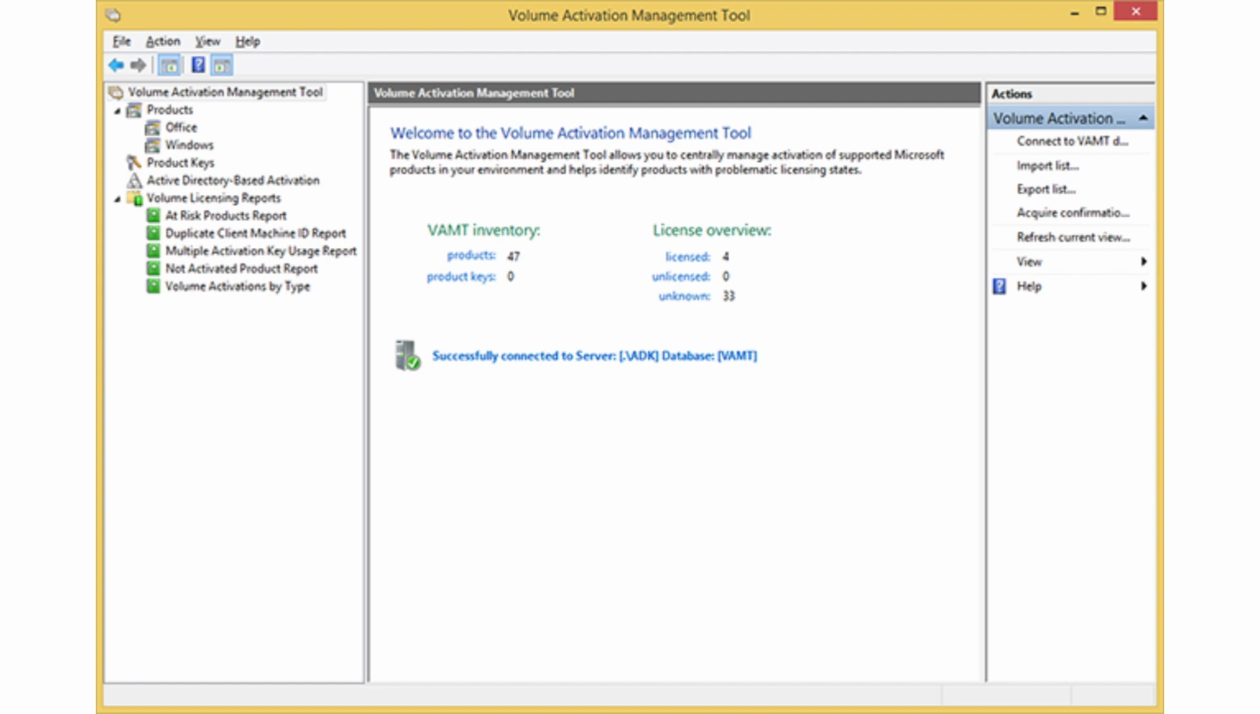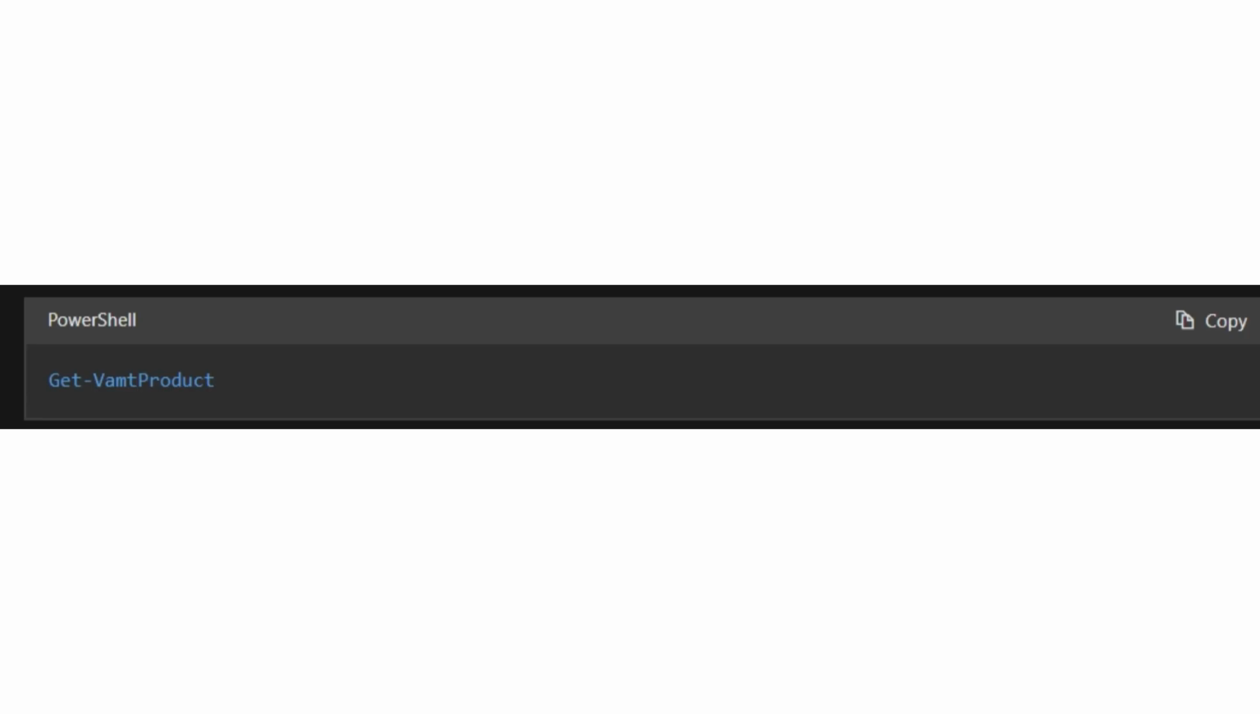VAMT can also create reports, switch from MAK to KMS, manage Active Directory-based activation, and manage Office 2010 and Office 2013 volume activation. VAMT also supports PowerShell instead of the old command line tool. For example, if you want to get information from the VAMT database, you can type